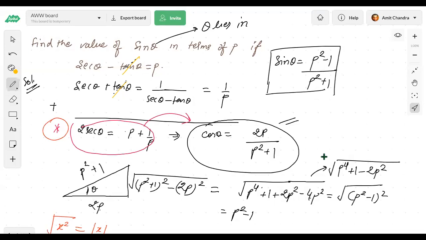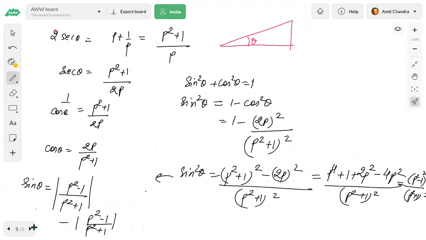Instead of writing 1, you are writing p, right? Which one? Sir, you are approving that things or finding a different answer in the last question. No, you can find a different answer, but it depends on the value of p. I've already told you they will mention that p is acute or obtuse. So that is why I've kept the mod of p square minus 1. It does not matter if p square minus 1 is negative, mod will make it positive.